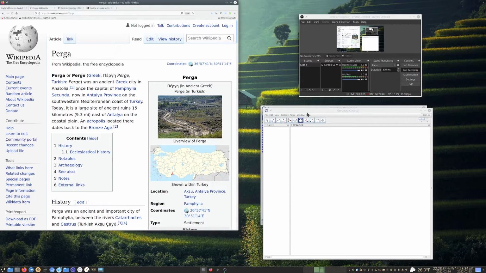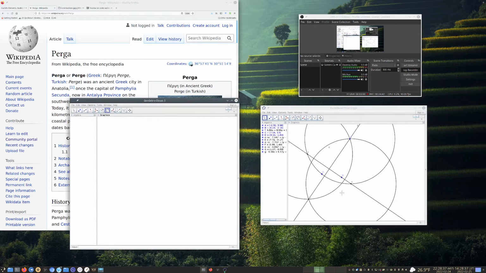Anyway, what was I going to say? Oh, I wanted to explain how this construction was like a Euclid or Apollonius type construction. So what I'm going to show you,